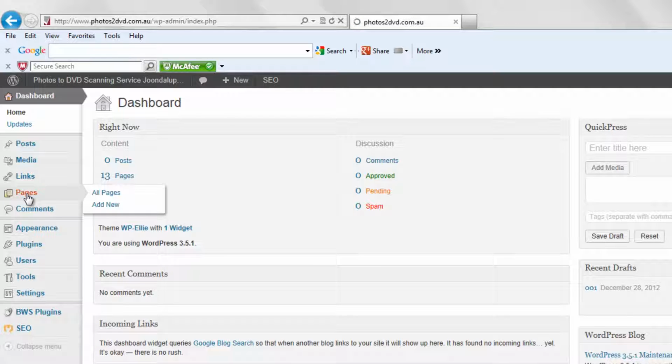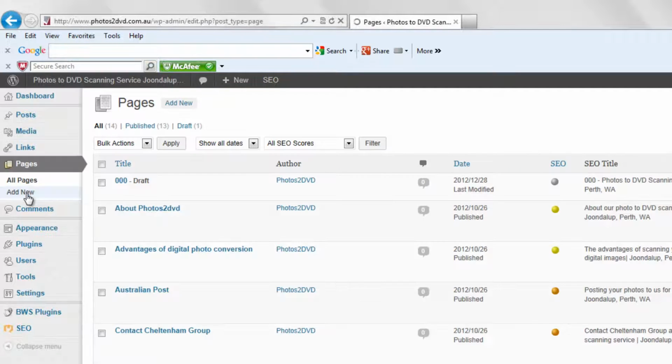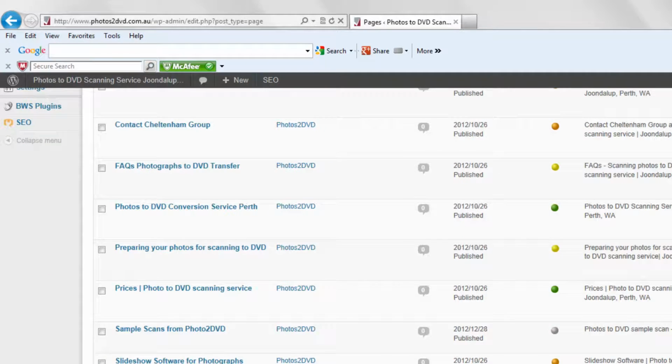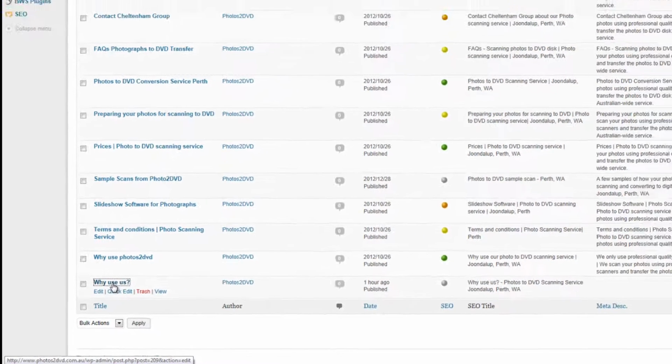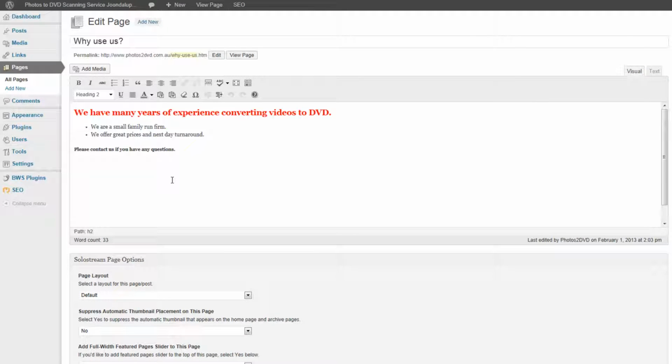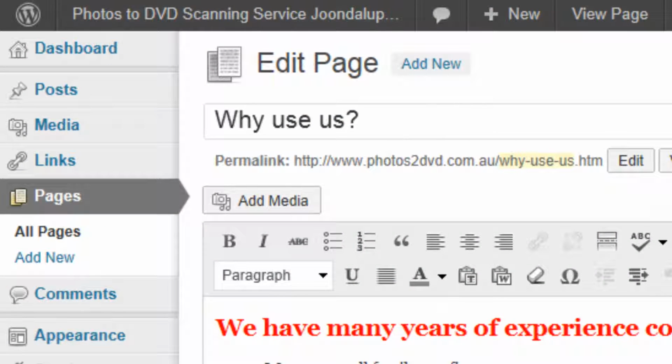So if we bring up a page, we'll click on Pages here, then we'll scroll down to a page, so this one here we'll say Why Use Us. We'll click on that so we can edit this page. Now at the moment we've just got some text in there but no images, so what I can do is click here, put the insertion point there, and now I want to add an image. So what we do is we click on this button here that says Add Media. So if I click on that,